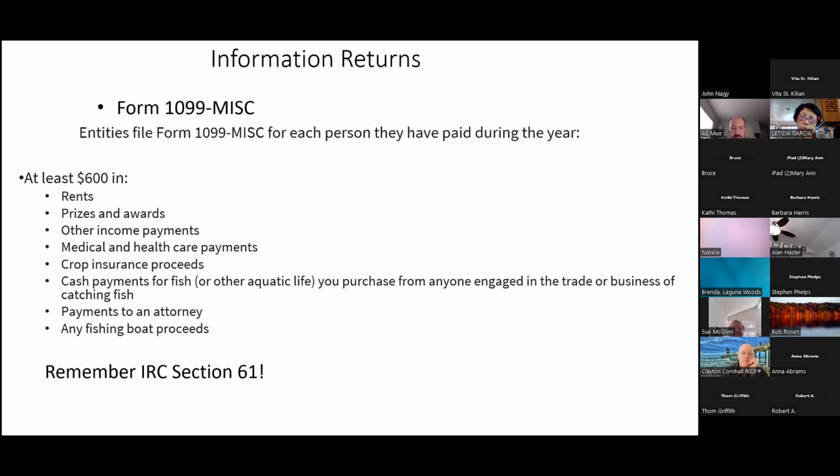And then I mentioned Section 61. I talk about this in my tax classes all the time to my students. And again, we don't plan on making you experts at tax. You're going to be familiar with tax, but at the end of the day, if you have an income item, you have to determine, number one, if it's in scope. If it's in scope, then you have to determine if it's taxable, non-taxable, or taxable in part.